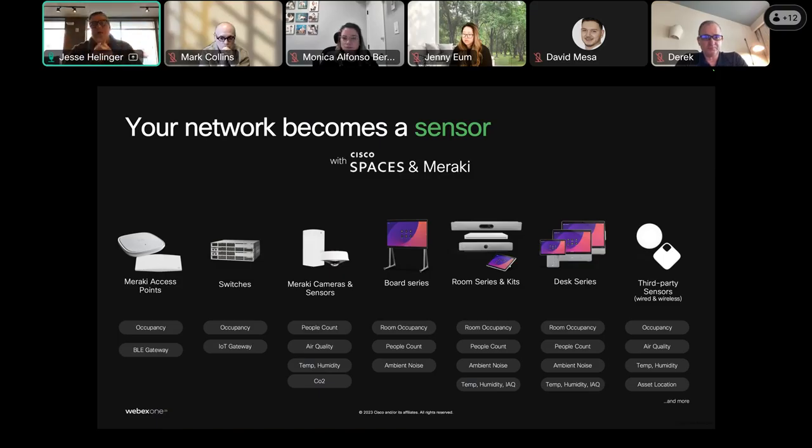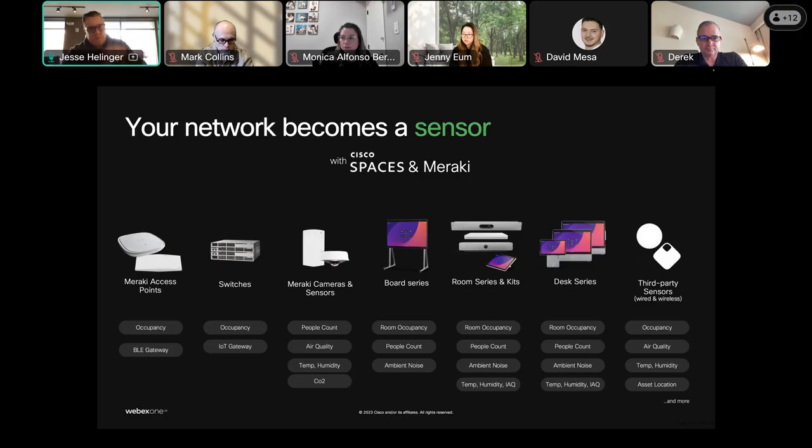In open areas, we want to understand space usage and utilization, and automate processes like a custodial crew, or perhaps a ticket to a security team once an occupancy threshold has been met. I also mentioned some of these Cisco video endpoints. We have customers that have these boards in classrooms, and where they're present, we can detect actual occupancy counts. In addition, we're embedding environmental sensors into many of these hardware devices, even the APs, and those environmental metrics allow us to automate processes around the HVAC system.